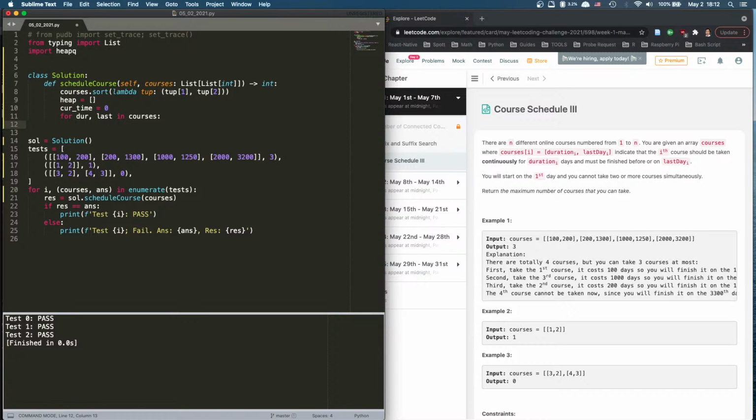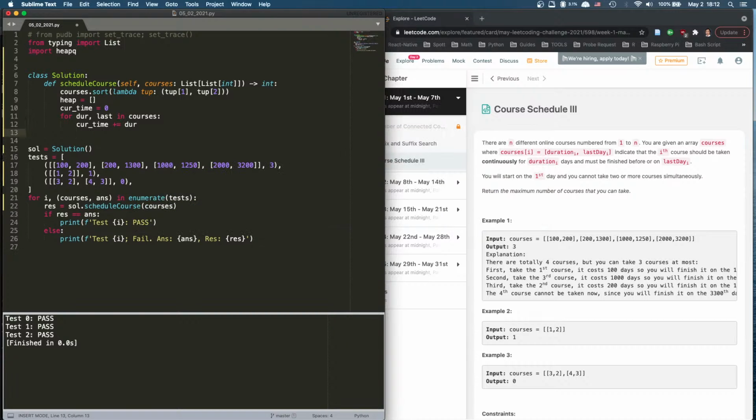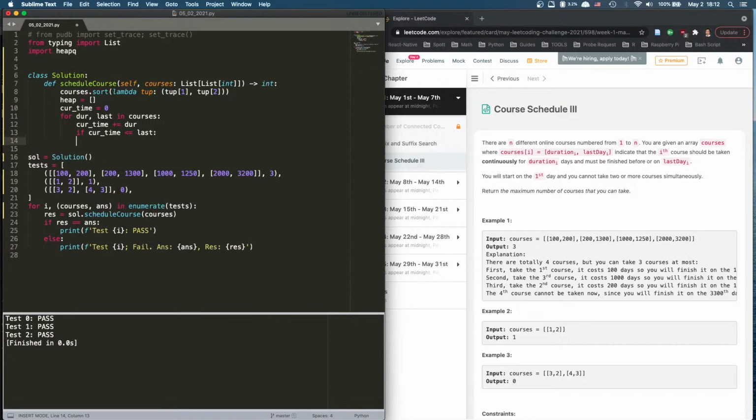If we add it, we're going to say current time plus equals duration. That's the current time. And we say if current time is smaller or equal to last, then we say